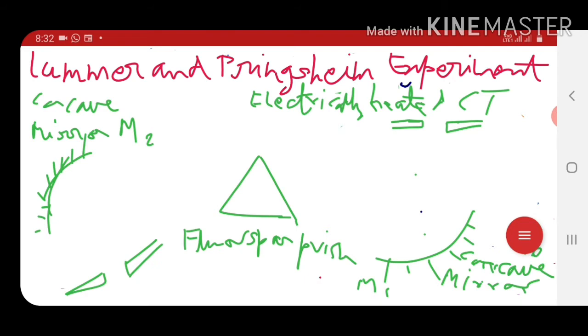After passing through the slit S1, these were made parallel with the help of a concave reflective mirror M1. So this is radiation obtained by an electrically heated carbon tube, and after passing through this slit S1,